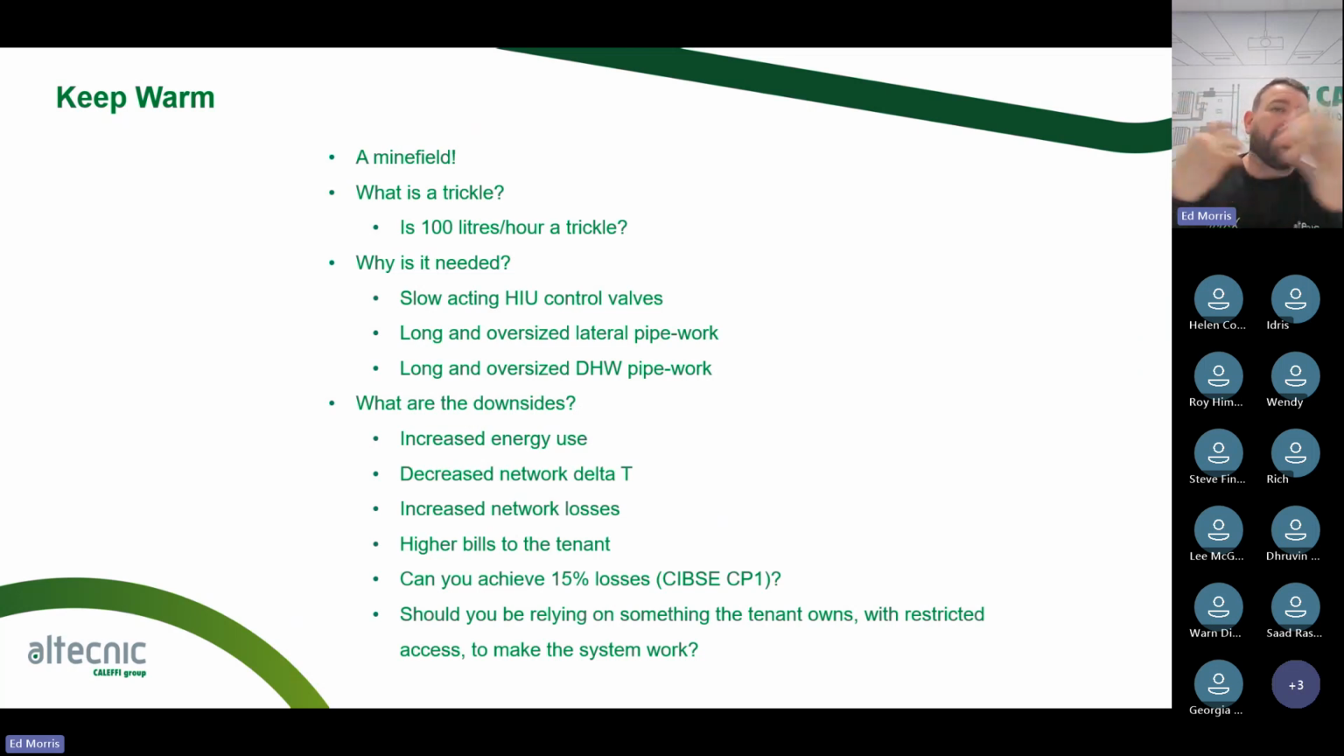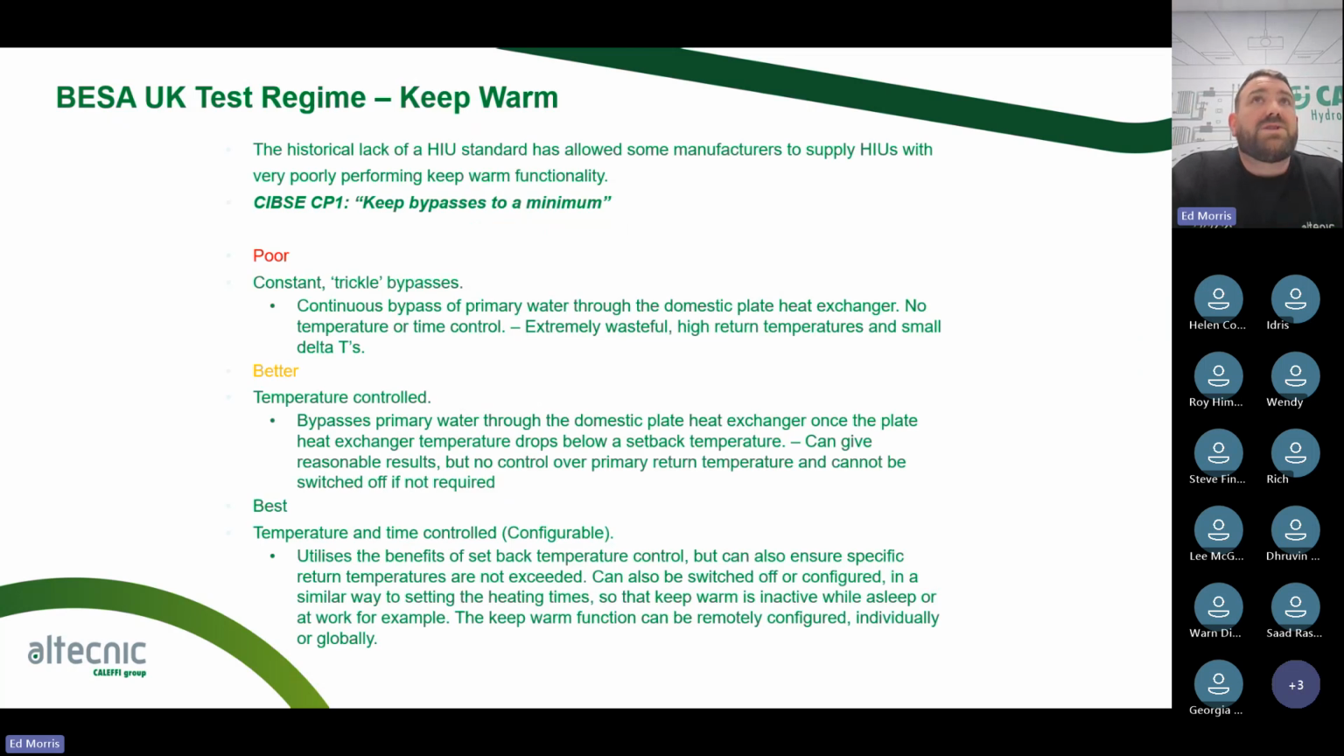Essentially what you're doing with keep warm is overcoming design issues at the initial stage. You're expecting the tenant to then pay for that. So something to consider when it comes to the keep warm. But if you are going to use it, what's the best way to go about it? The historical lack of HIU standards allows some manufacturers to produce HIUs with very poorly performing keep warm functions. And CIBSE CP1, which is the code of practice for district heating heat networks, always states to keep bypasses to a minimum. So if we look at poor, better, best, a poor way of doing it will be a trickle